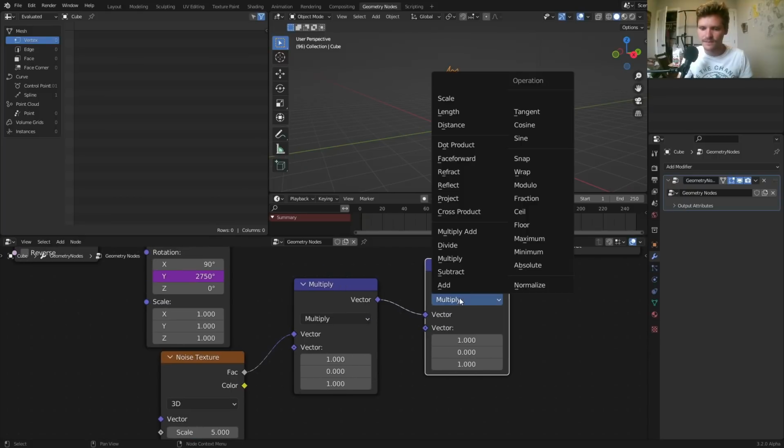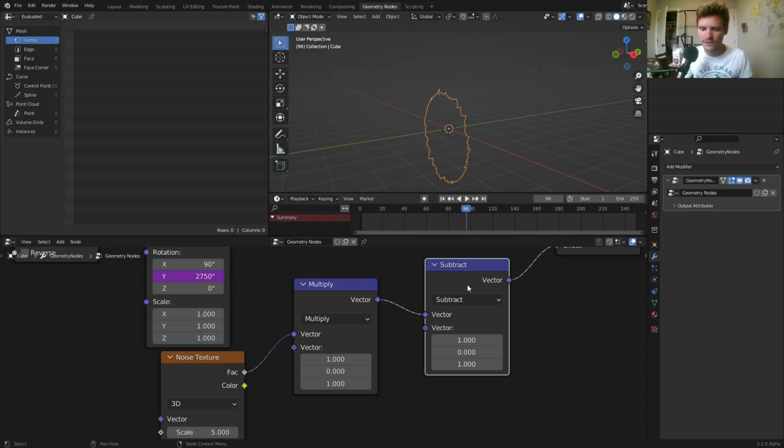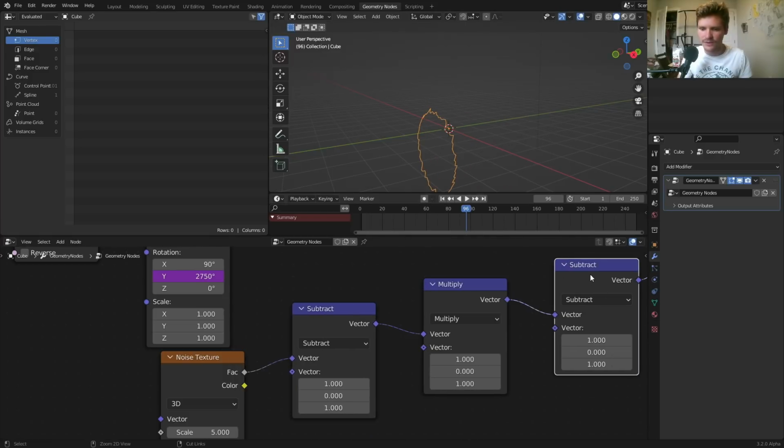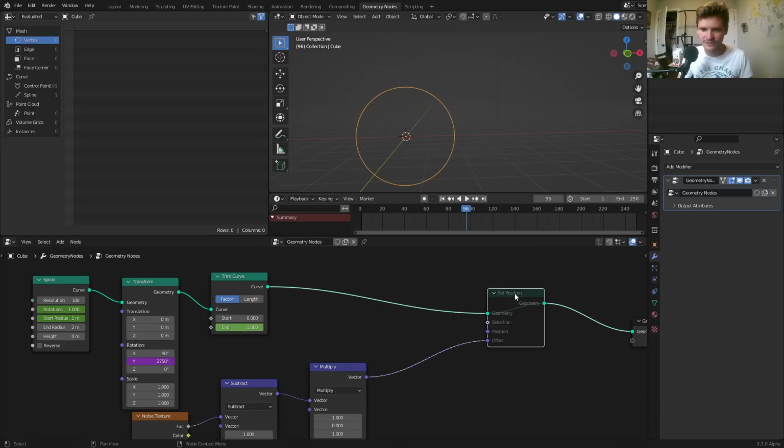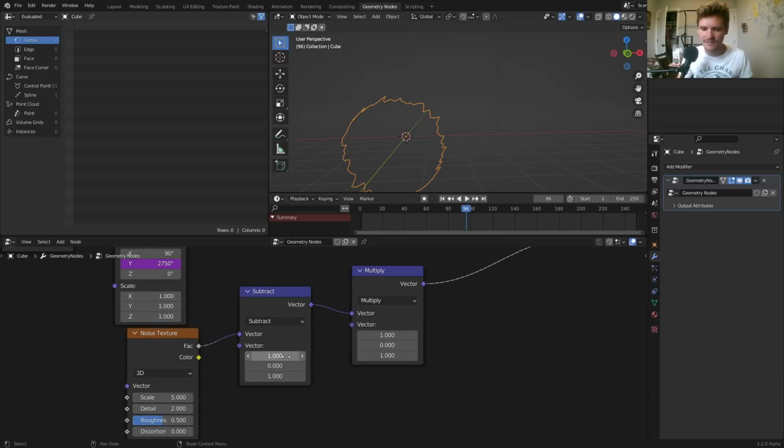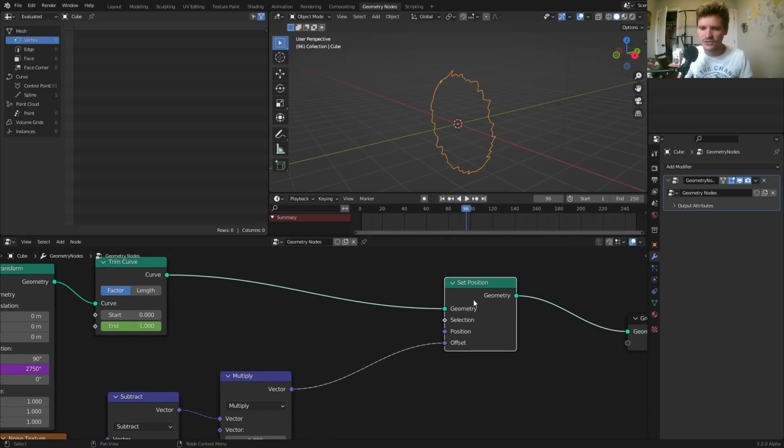And second of all, I want this to be shifted over, which we can do actually before that. So I want this to be shifted over because you can see before the set position and after it's kind of going down to the bottom left. We can fix that by just subtracting the vector negative 0.5, or I guess adding it, so subtracting 0.5. There we go. So now we have this thing that is centered and distorted only on the X and Z